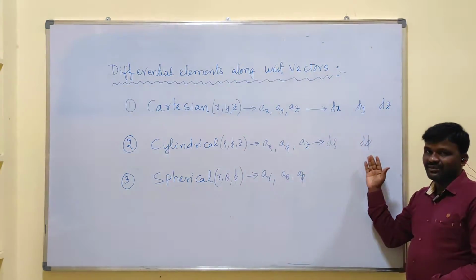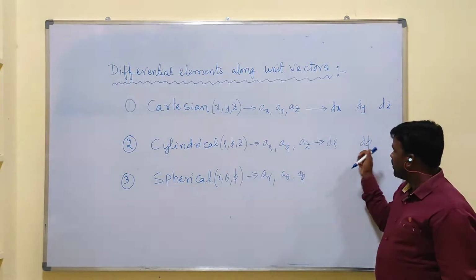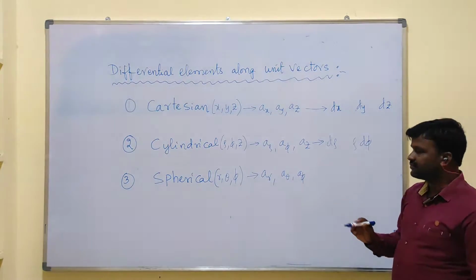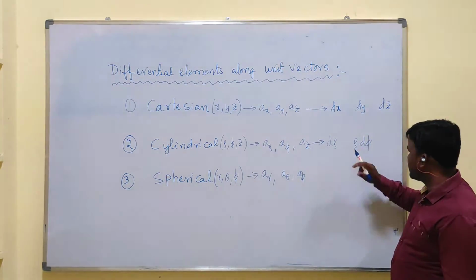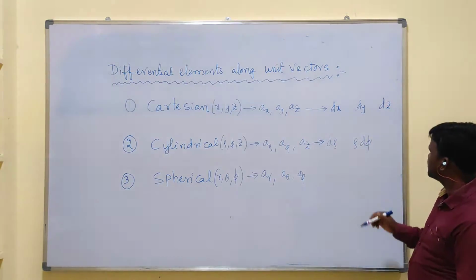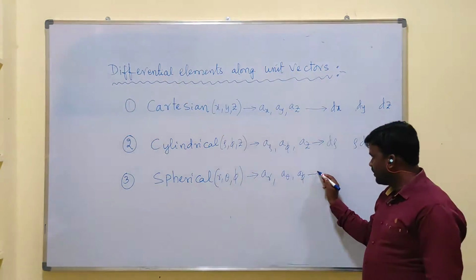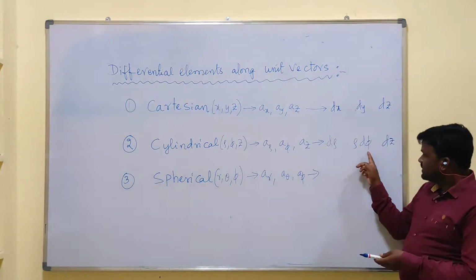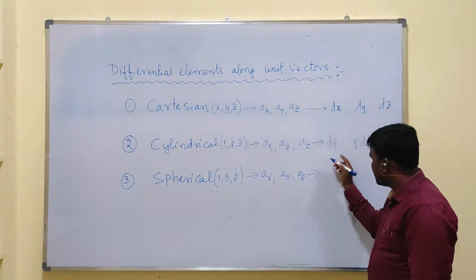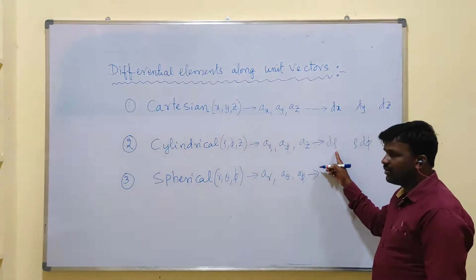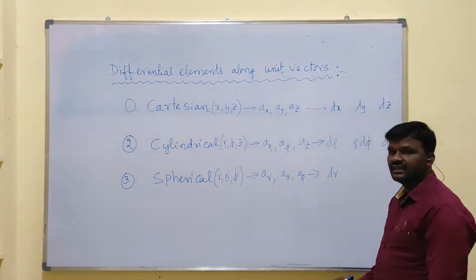Remember like this only for simplicity. Phi is the angle made by whom? Rho makes an angle phi with x axis. So that's why it is multiplied like this. And it is the same as the Cartesian coordinate system. Now coming to this, here phi is the angle made by rho. So that's why I am taking it like this. And here rho is radius, so for rho you have taken d rho. Similarly for r you can take that as dr.